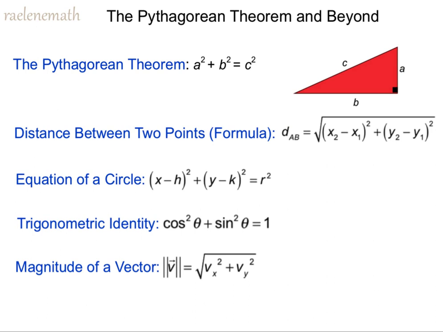In this video, we will take a look at the Pythagorean Theorem, one of the most famous equations in mathematics. It's an equation that relates the three sides of a right-angled triangle. We will prove the theorem, and then we will look to see how we can apply it to different topics